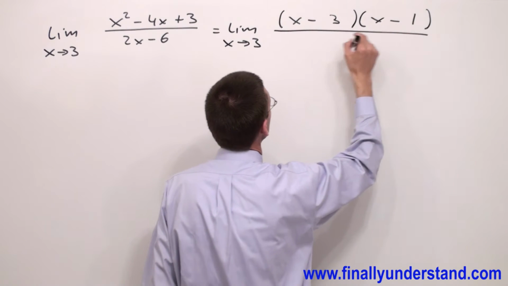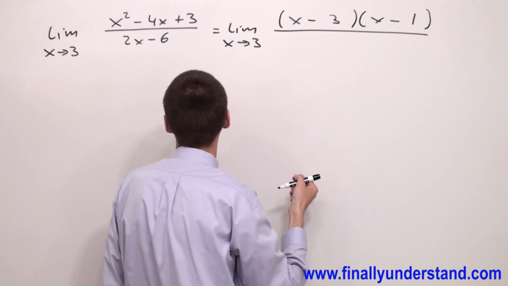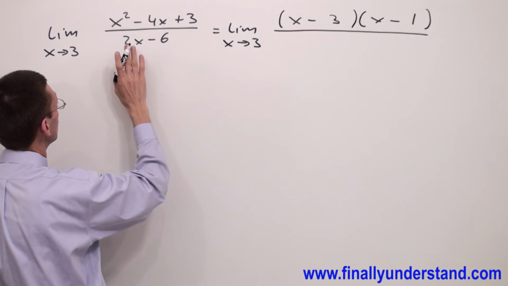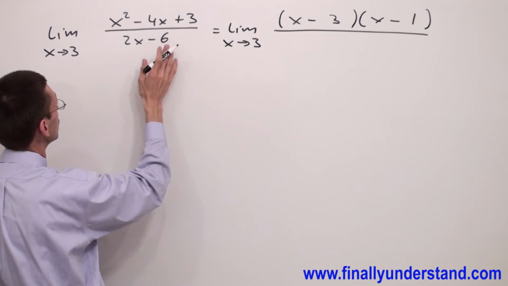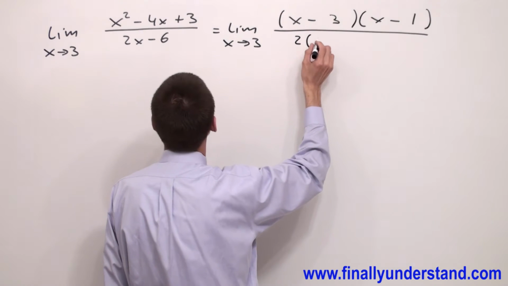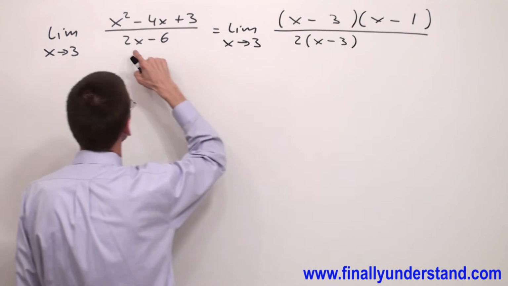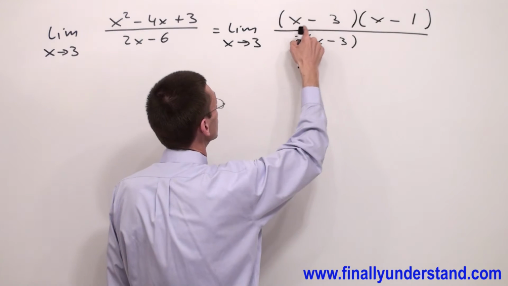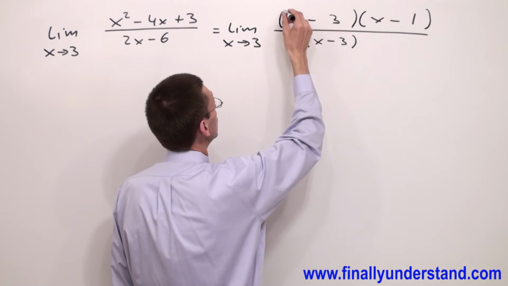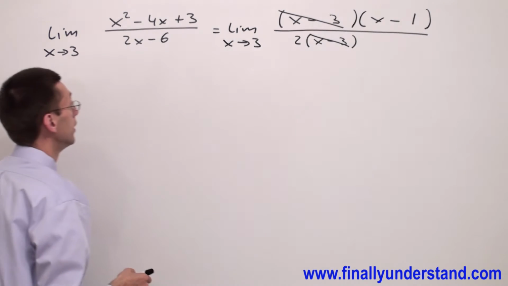Next, please notice that in the numerator I have the term x minus 3. In the denominator I have 2x minus 6. I can find a common factor for 2 and 6, which is 2, and factorize it. I'm going to have 2 at the front of the parentheses, and in the parentheses I'm going to have x minus 3. I factorize 2 from the denominator. I have x minus 3 and I have x minus 3. I have multiplication, that's why I can do reducing. I'm going to reduce this term and this term, and I end up with